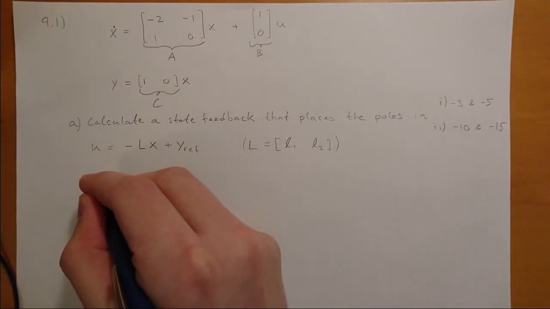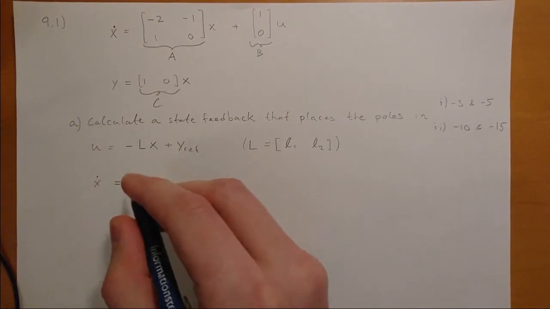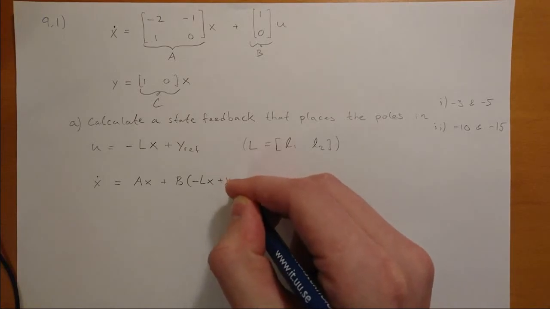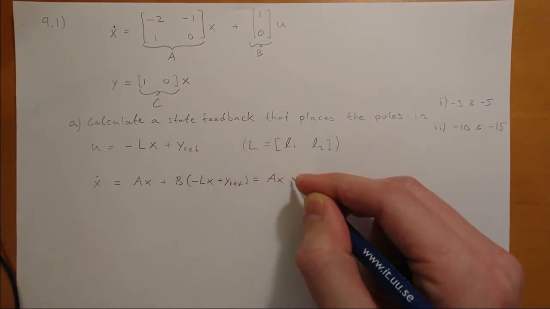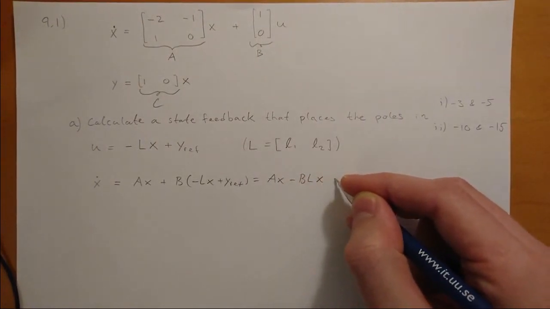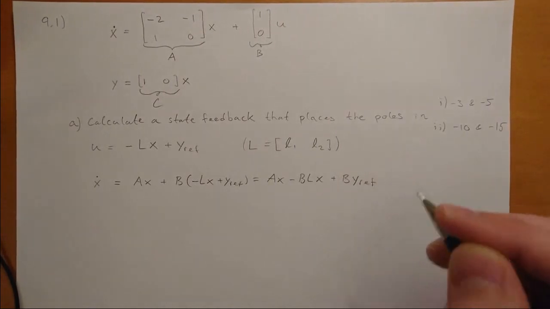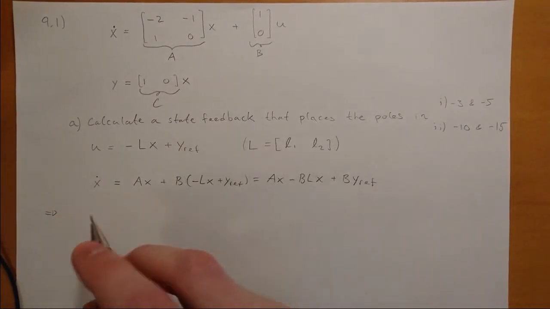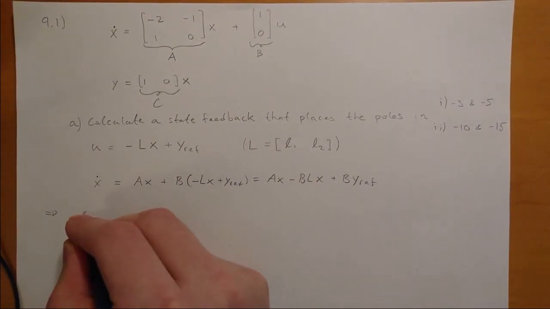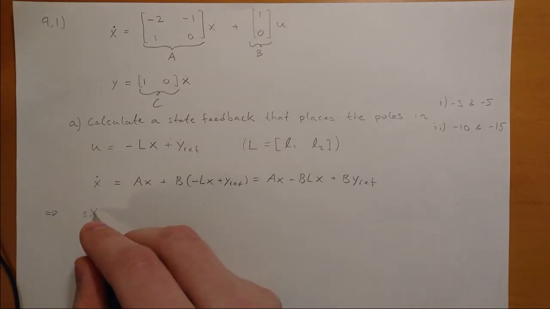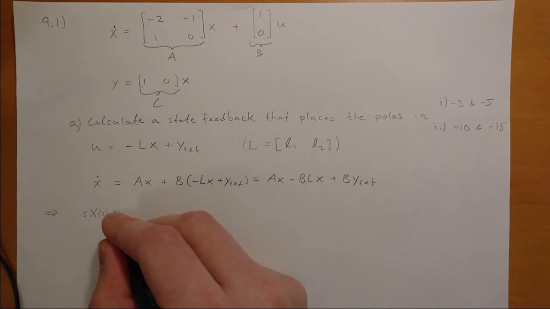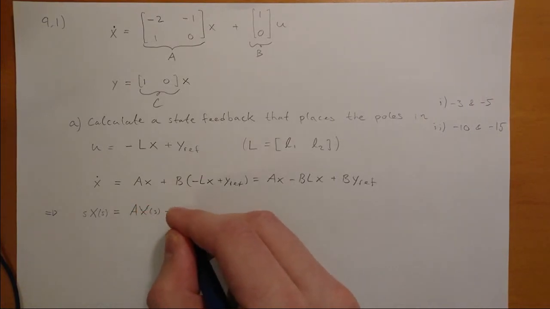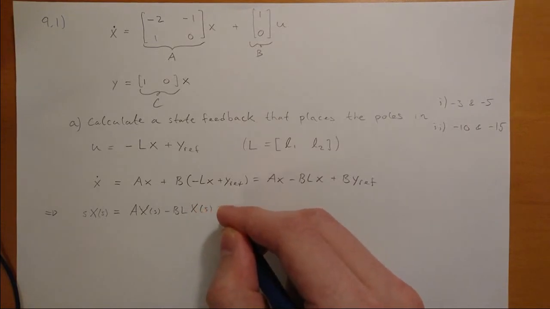That's going to give us x dot is equal to Ax plus B times -Lx plus yref. This is equal to Ax minus BLx plus B yref. So let's now do a Laplace transform of this equation here. So here we have a time derivative. So when we Laplace this, we have to multiply it with s. So we'll get s times X of s is equal to A times capital X of s minus BL X of s plus B